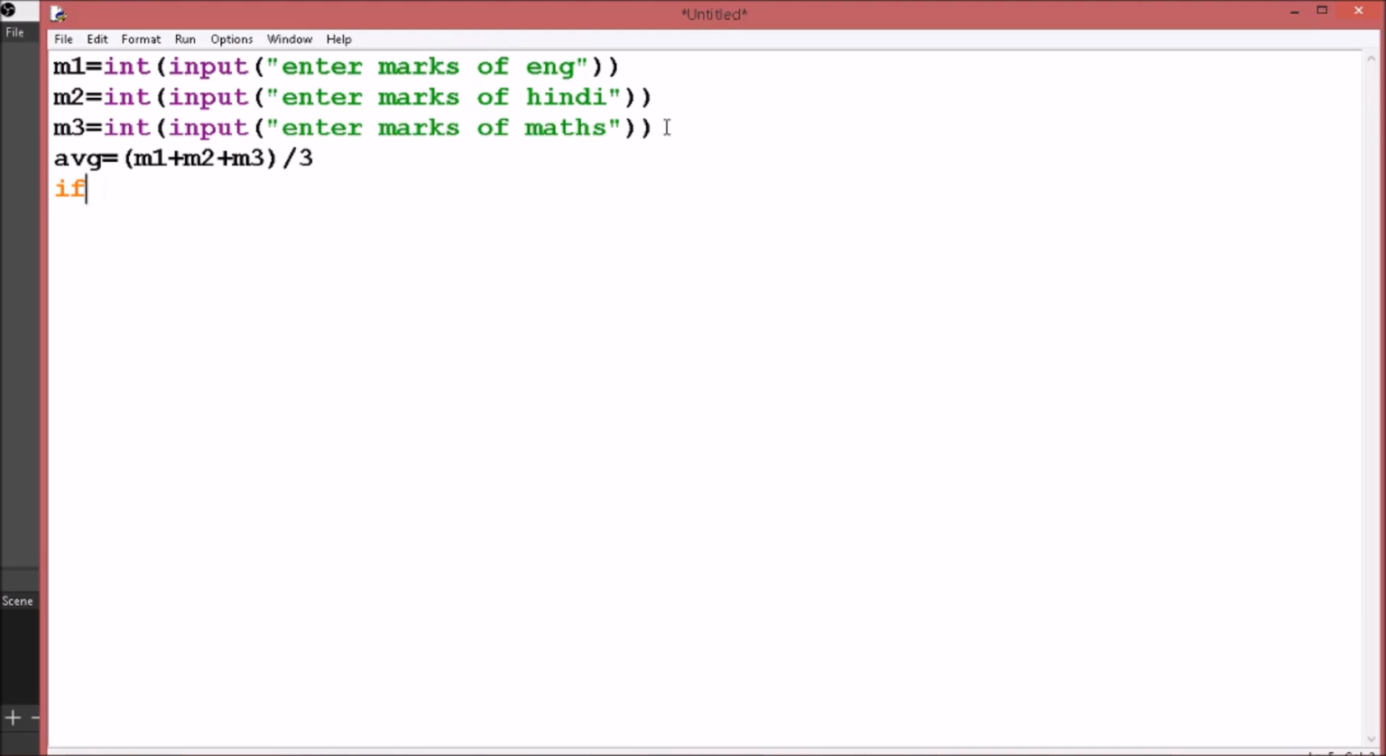the condition 1, if the average we have just got is greater than 90, then grade is equal to A. No, if that is not the case, then we should check else if the average is greater than